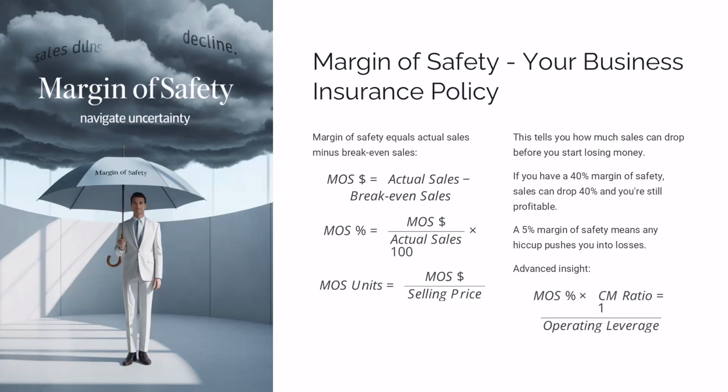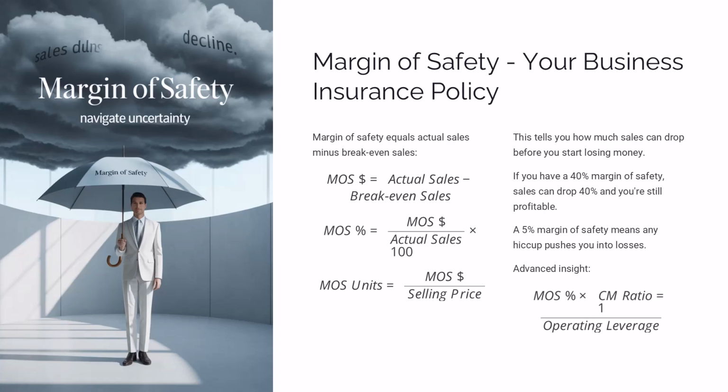The historical importance of margin of safety comes from the Great Depression, when Benjamin Graham, Warren Buffett's mentor, developed it as an investment principle, only buying stocks trading at least 30% below intrinsic value, and this concept made him and his students billions, while others lost everything in market crashes. When Apple maintains a margin of safety of over 60% on the iPhone, it means they could lose more than half their sales and still be profitable, which is why they can weather supply chain disruptions, competitor attacks, and economic downturns that would destroy companies with thin margins.